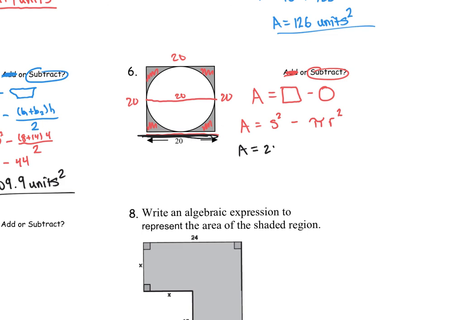So we'll do 20 squared minus, we'll use 3.14 for pi times the radius. Well, the radius is only going to be half of this, right? This is 20, so half of 20 is going to be 10 squared. This will equal 400, right? 20 squared is 400 minus, and then this will be 3.14 times 10 squared. Well, 10 squared is 100, so this will be